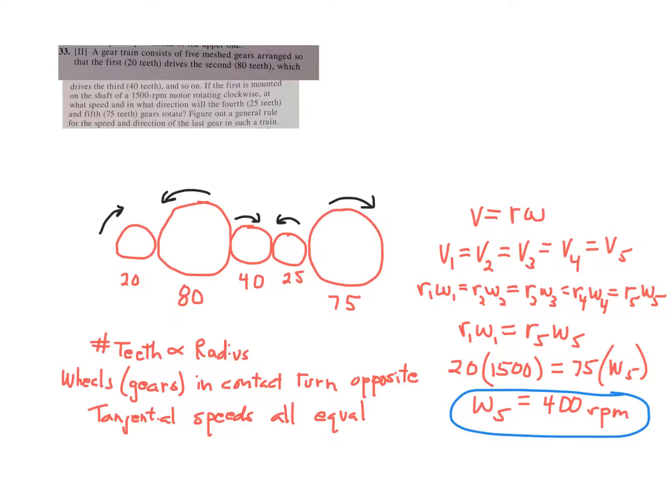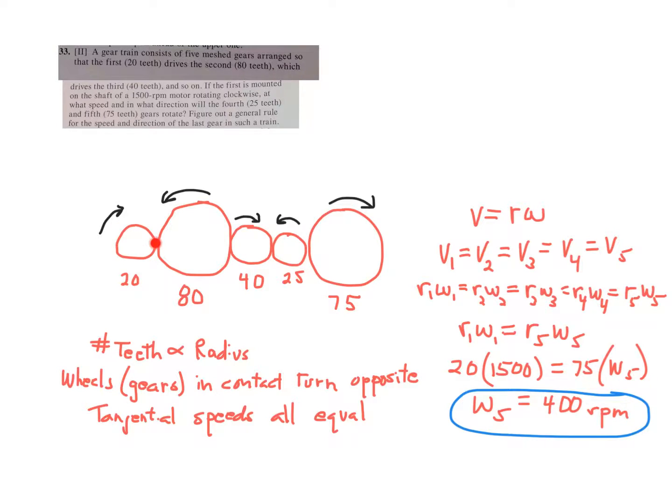The number of teeth is proportional to the radius of the wheel. So a wheel with 80 teeth, I didn't draw the teeth, has 4 times the radius. And you can even think about it already, rotationally. For every one rotation this big wheel gives in this direction, this wheel has to rotate 4 times. So if it has 4 times the radius, it will turn 1/4 as fast. Or in other words, if it has 1/4 the radius, it will turn 4 times faster to keep up